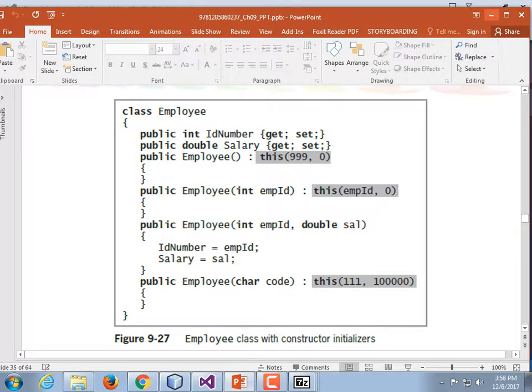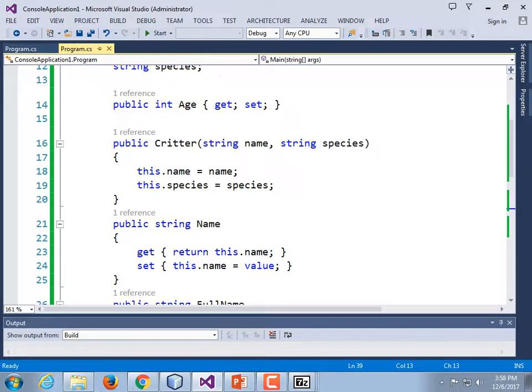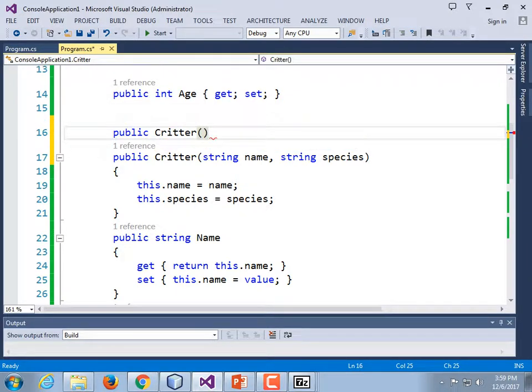Let's go add that to our critter class. So we're going to go back up to critter, and along with this one, we're going to give it a default constructor, because that thing was giving us an error when we tried to call it that way. So public Critter, no parameters, default, but